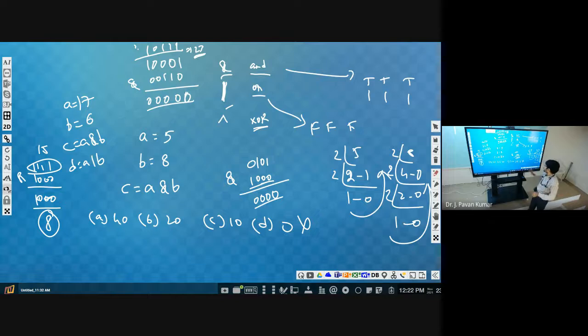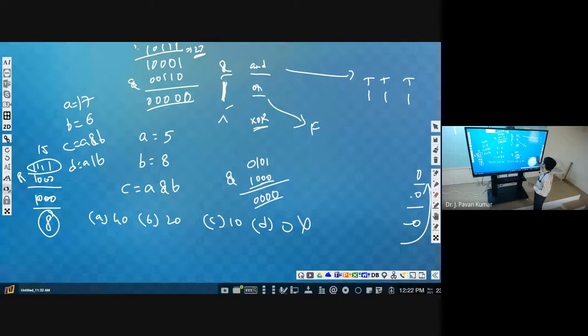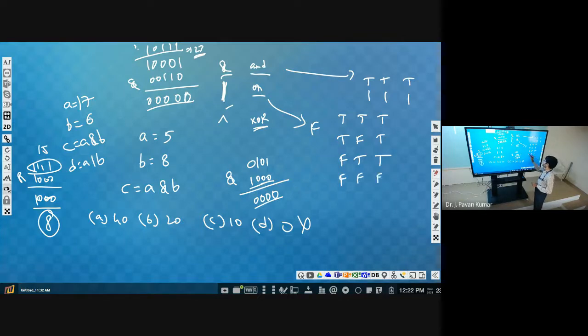Exclusive OR. In general, what is the truth table of OR? True, false? False, true? Whenever it is false in both conditions, then only it is false. This is OR, right?